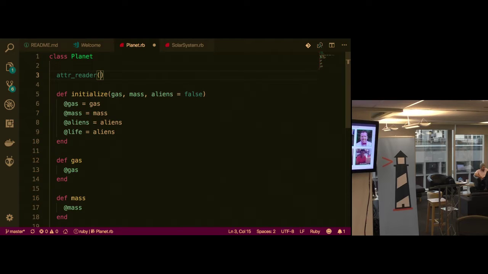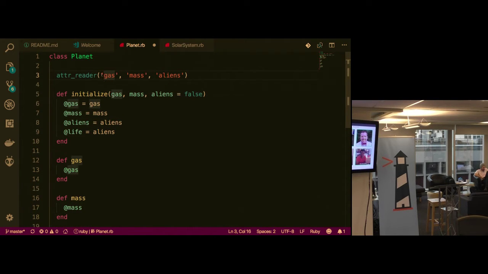Okay, so we could call it like this. It's a method that needs the names of the instance variables that it's going to expose. So, you know, gas, mass, and what's the other one? Aliens. It's like, just pass me the names of the instance variables and I'll write the methods to expose them.